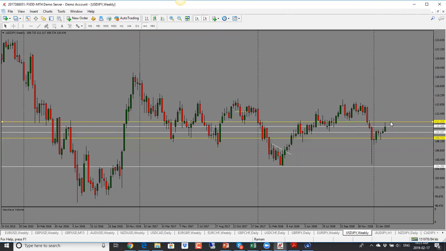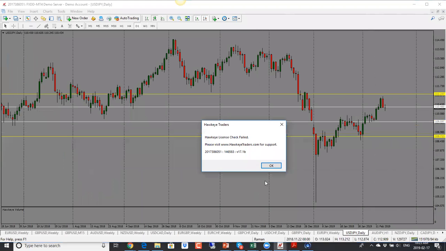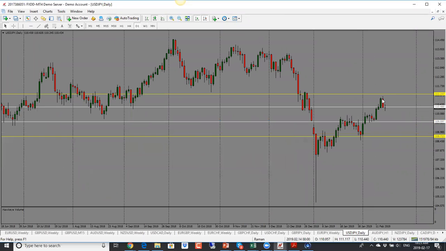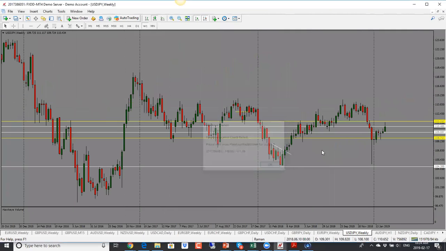Dollar yen. Dollar yen from weekly perspective here as well, it has gone up into our support resistance level here, and now we saw price drop from there. So on the daily here, we had a bearish candle close and then a neutral. So overall, the bias here is to the upside still. But the move is not looking like it has a lot of momentum in it. So with this one, I would say we could do a retest of the trend line here. And if it holds above, it could go higher. So compared to other ones, pound yen or euro yen here,